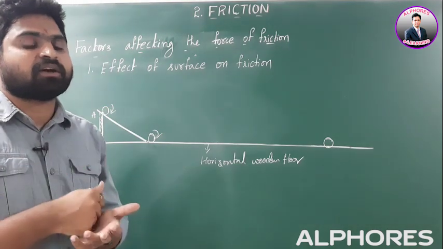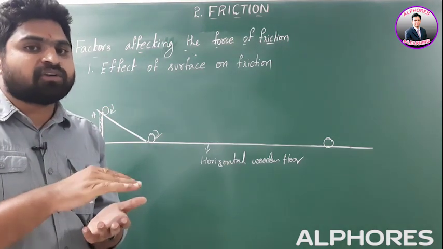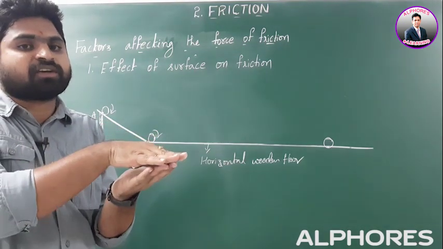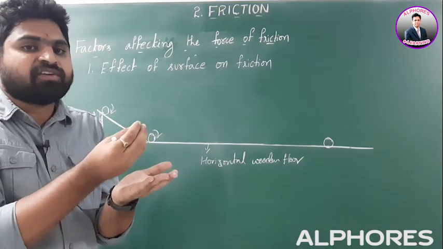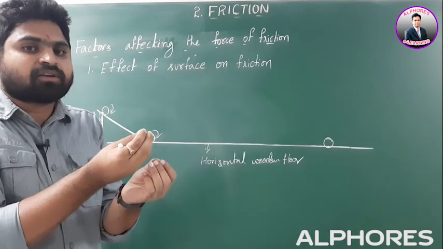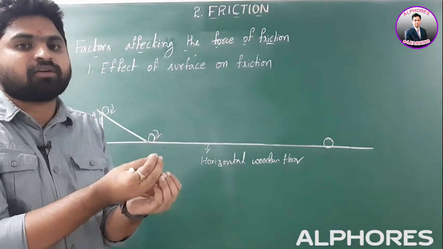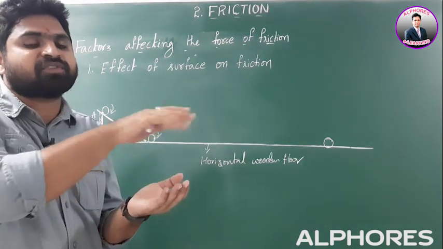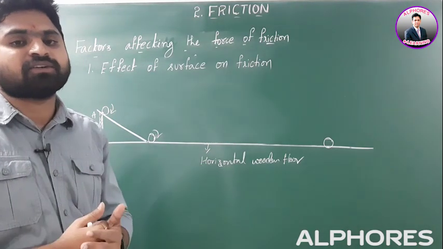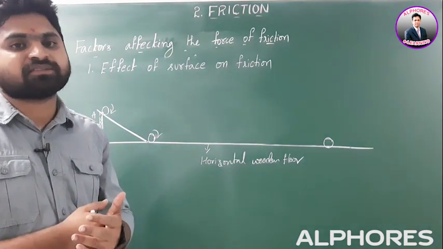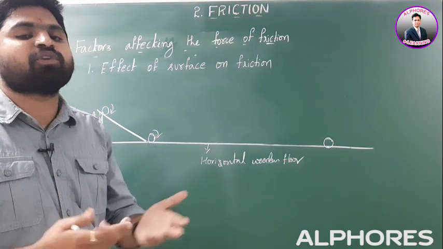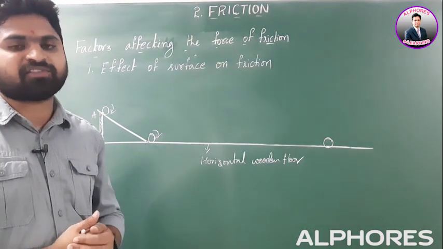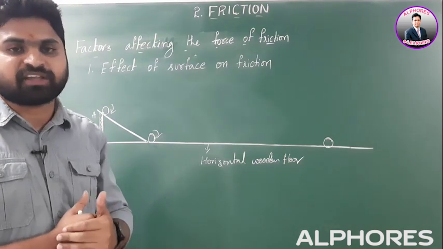Whereas over the rough surface, many ups and downs are there. When one body tries to move on this rough surface, the interlockings of the body get locked into the surface interlockings. So it is very hard for us to push this body over the rough surface. We can also say that more opposing force is present. If there is more opposing force, more frictional force arises over the rough surfaces. I hope you understand this concept. Now I will move into the next concept.